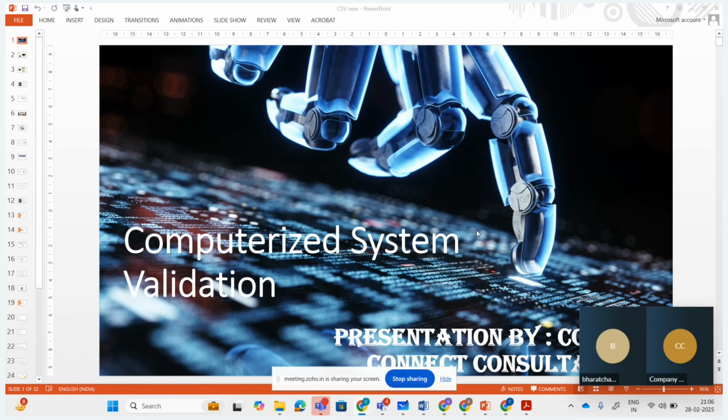Some people prefer the pharma industry. Some people want to shift toward the IT industry. Some people want to go into clinical trial. So this is the only course by which you can go into any of these industries. It means there is a demand for the CSV person in all these industries, because we are going to use software in the field of the pharma industry, the clinical trial, and the medical device industry. And the IT industry is hiring CSV experts because they are developing software and want to validate their software as well. That's why they will also hire.